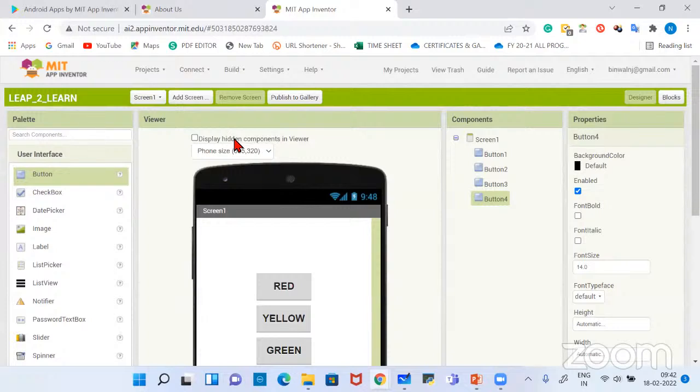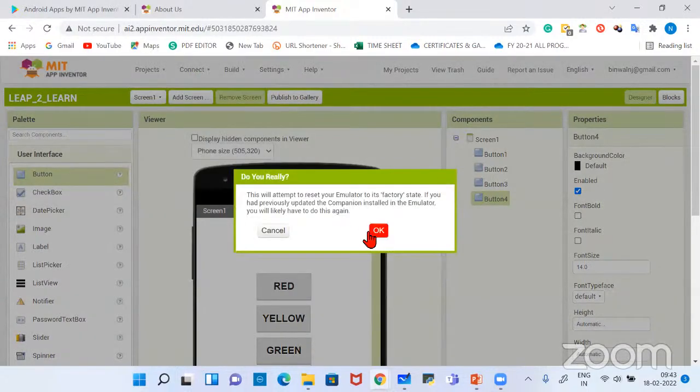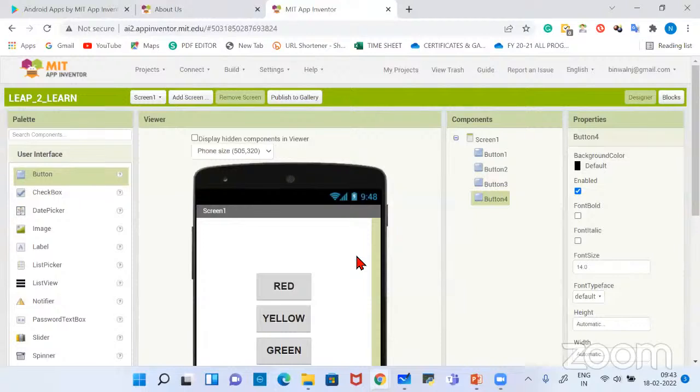I'll reset this connection so that the one who has connected to my screen उसका वो reset हो जाएगा, है ना. अगर गलती से कोई दूसरा पर्सन कनेक्ट कर लेता है या नेट प्रॉब्लम आता है, तो हम रीसेट में जाके उसको रीसेट भी कर सकते हैं, जिससे हमारा पुराना नेटवर्क, पुराना जो कनेक्शन है, वो हो जाए। ठीक है।